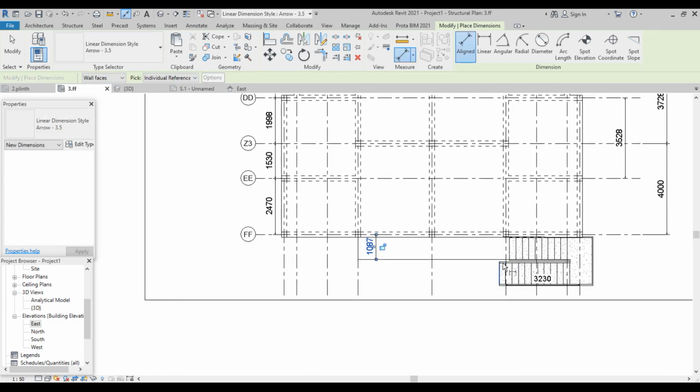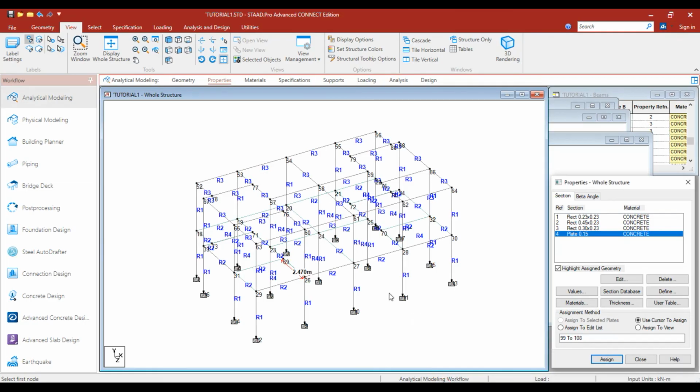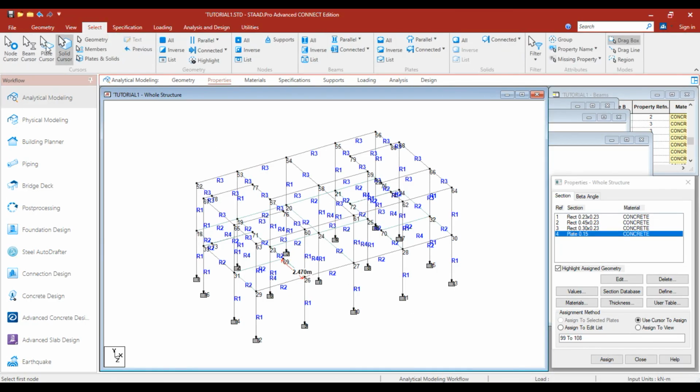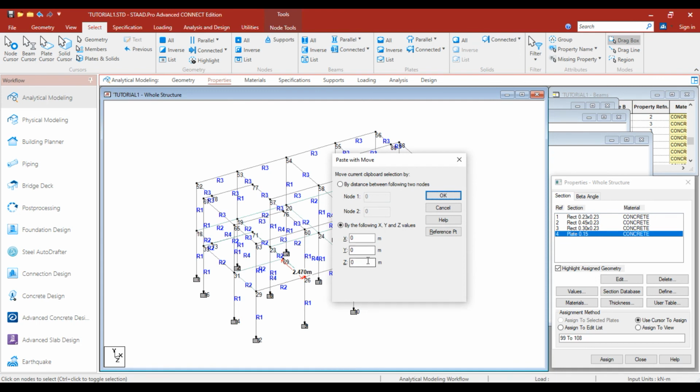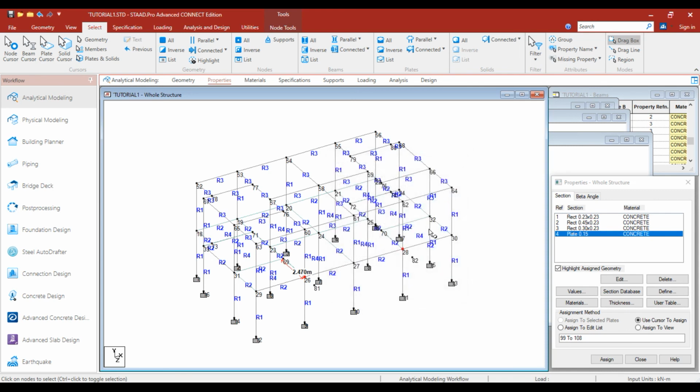Okay. 1087. Select node cursor. Let's come in Ctrl C, Ctrl V, YZ 1.087. Let's click on OK. Then come to your panel,